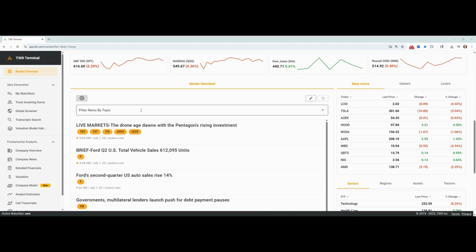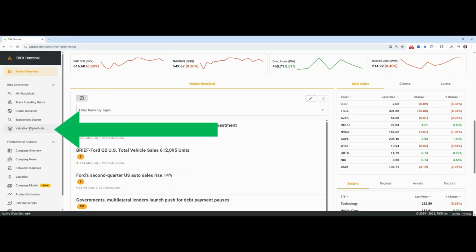For many investors, building valuation models can be a pain and time consuming. With TIKR's Valuation Model Builder, we make it fast and easy to build a forecast and see your thesis play out over time. In this video, I'll show you how to use both TIKR's guided model and our advanced model options. It starts by going over here to the Valuation Model Hub, which you can find on the left-hand side